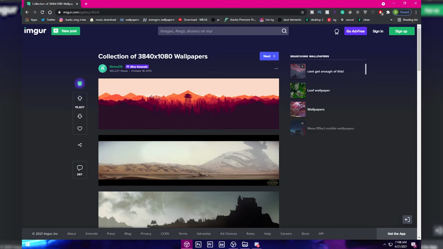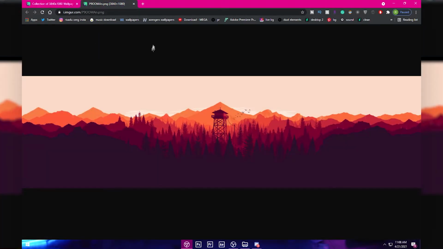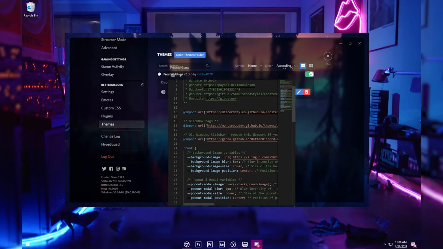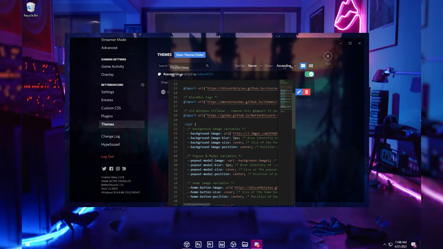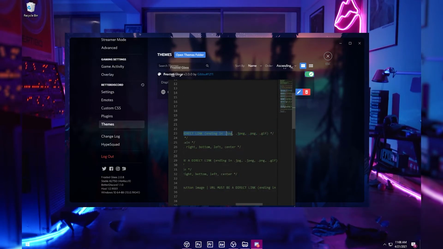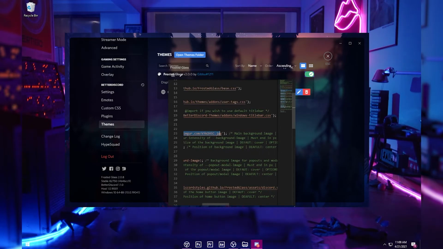and then you right click on the image that you would like, and click on open image in new tab. Then you want to copy the URL of that image. So right click and hit copy, then minimize this. Right here at background image URL, you want to select this and leave the brackets and this icon, I don't know what to call it. So you want to highlight from this HTTPS to this part. Right click and click paste.